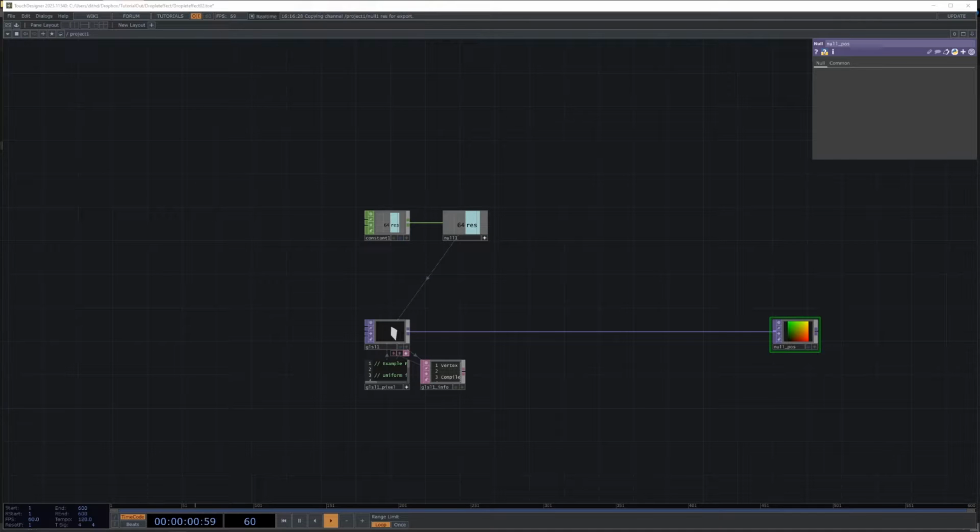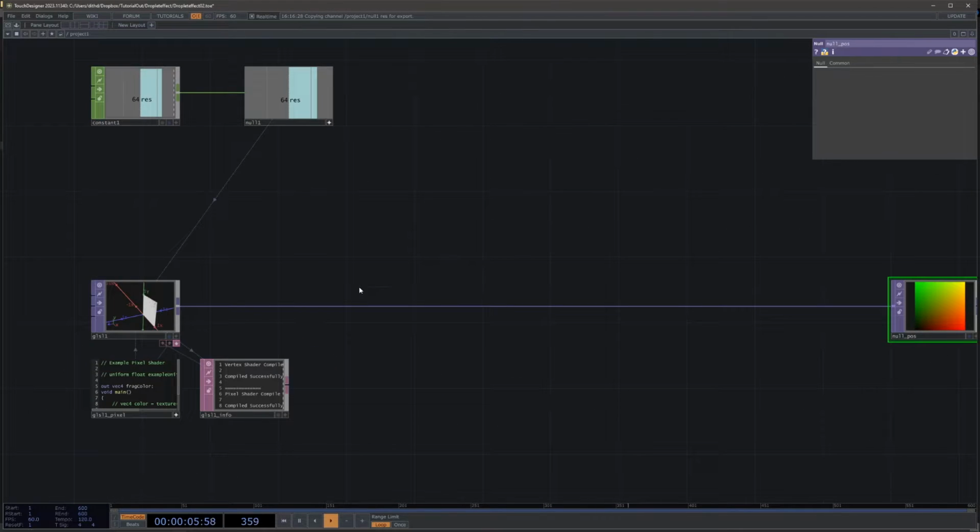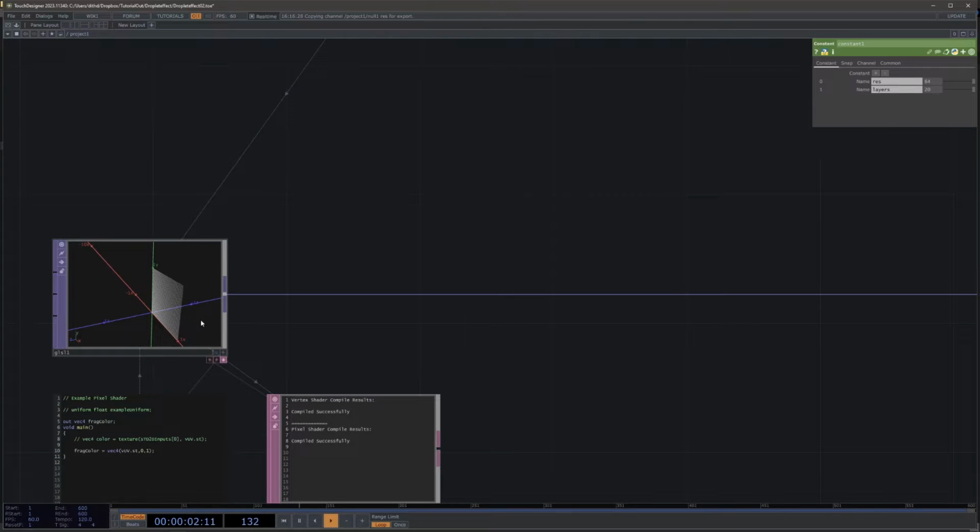And now, for instance, I want 20 layers, so I'm going to add a new constant, layers, set to 20, and what I want to do is to duplicate this grid 20 times